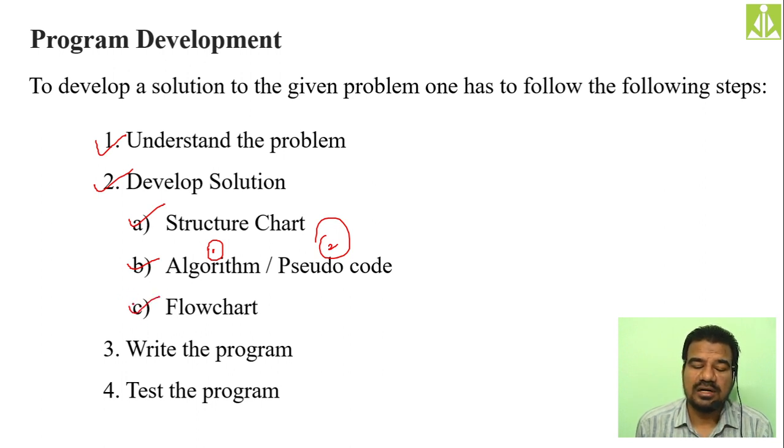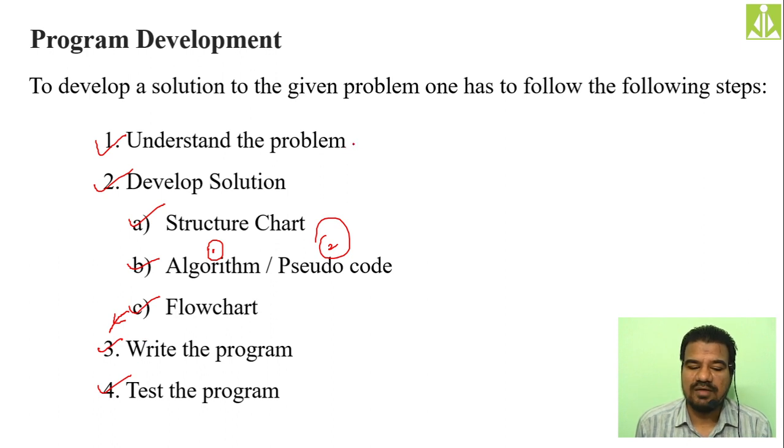After designing the flow chart, it can be directly converted to a computer program. So first they will design the structure chart, then the algorithm, then the pseudocode, then the flow chart, and that flow chart they will convert into a computer program. Write the program, and once you have written the program, it is not sufficient. Having the program code in hand doesn't mean that you have the solution. You need to test whether it will give the proper output as you are expecting or not. So they will do that under the testing part. The last step is testing the computer program.